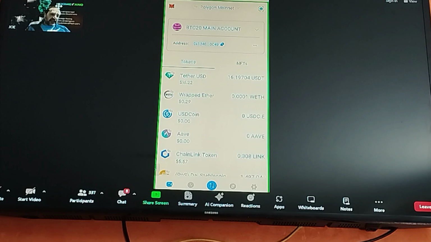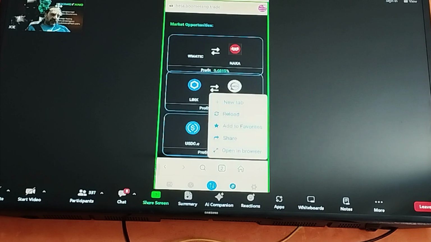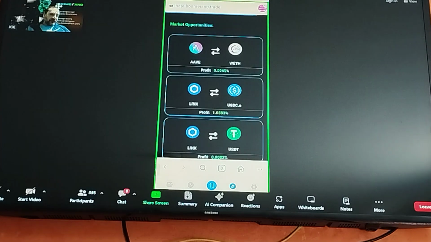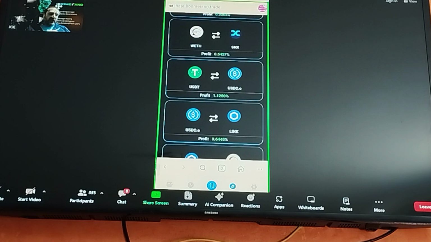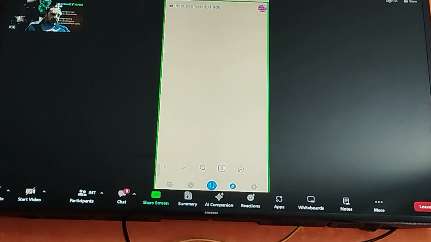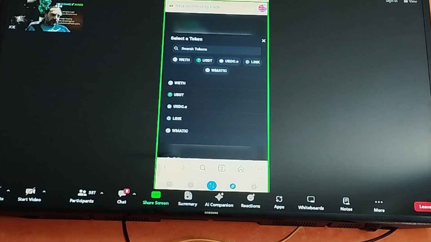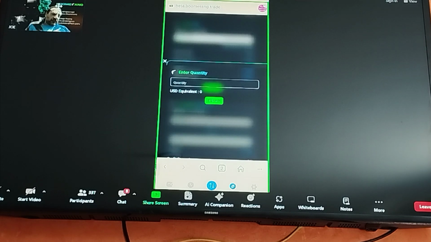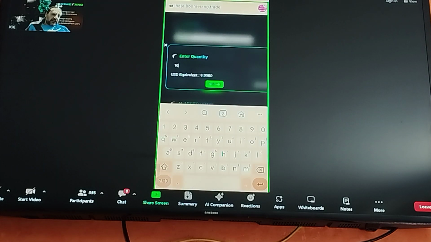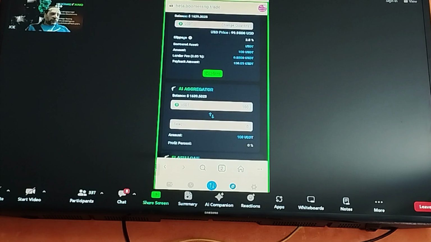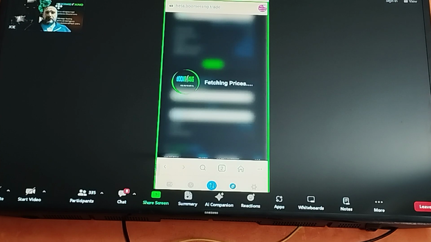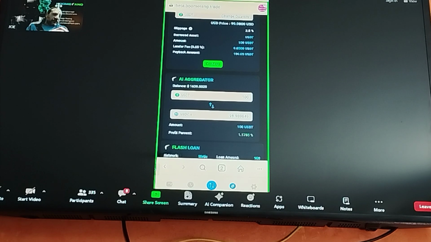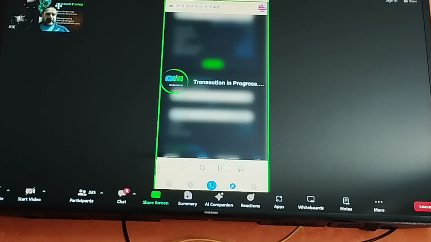So I'm going to show you these profits landing into my MetaMask. Let's refresh and see if we can find the trade. Let's see if we can find something a little bit higher. Okay, let's go with USDT and USDC. So USDT, I simply put in the asset I wish to trade and the quantity of that asset. Remember, I'm not trading in dollars, I'm trading in assets. Now the AI will scuttle off, check the trade is still available, come back with a 1.17% profit. So I now accept that.